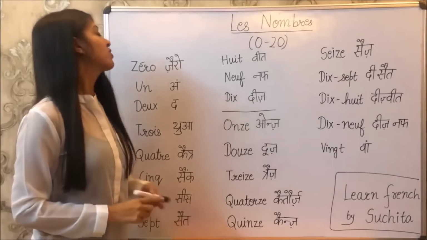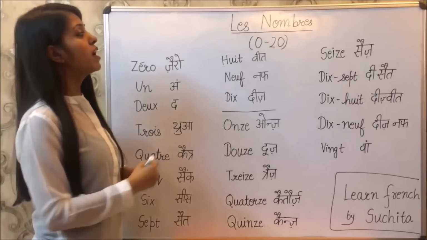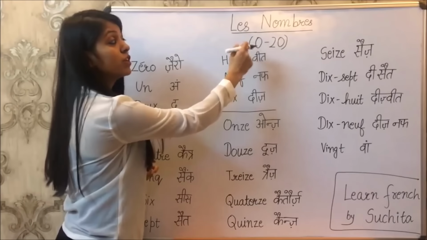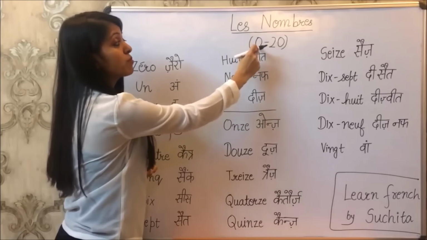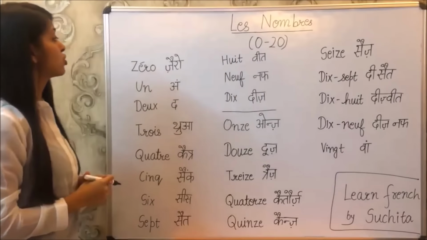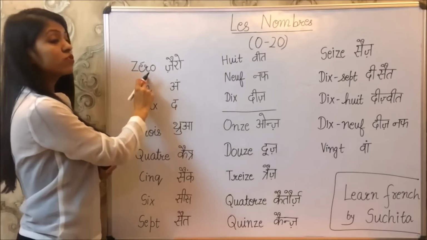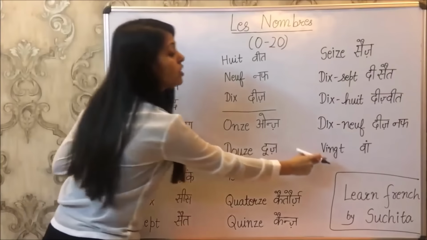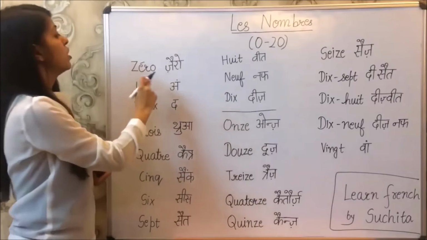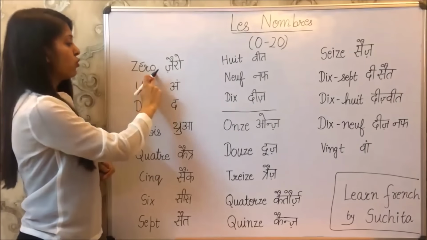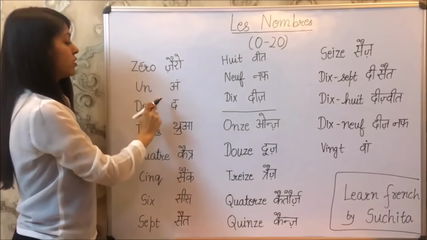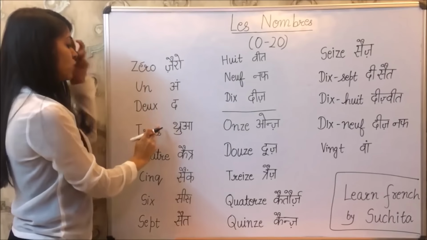So in today's lesson we are going to take up the topic les nombres, and we are going to learn to pronounce the same numbers from 0 to 20 in French. Now the first one will start from 0 and we'll learn up till 20. 0, 1, 2, 3, 4,